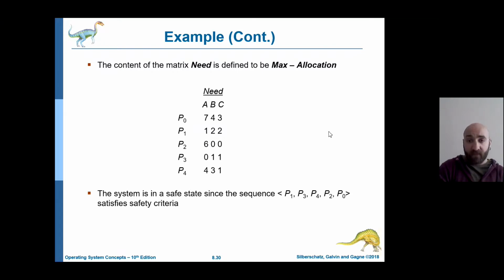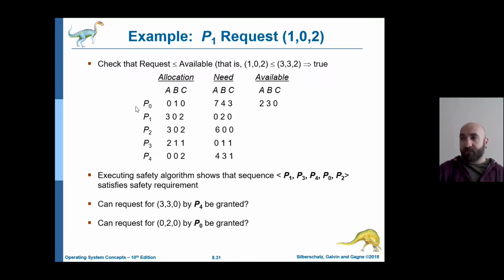After P1 is completed, my new available vector will be available plus this one. So I already have some instances. Also, P1 is using some instances allocated for P1. So my new available vector will be available plus the allocation of P1. So based on that,